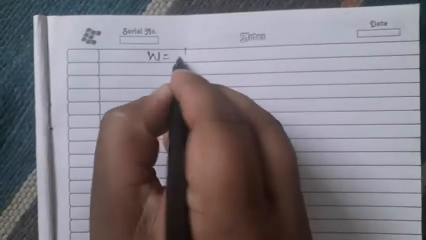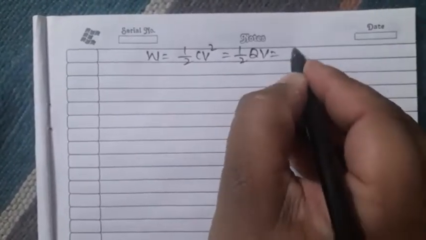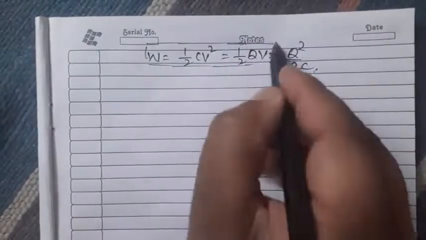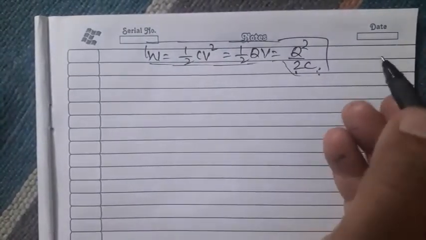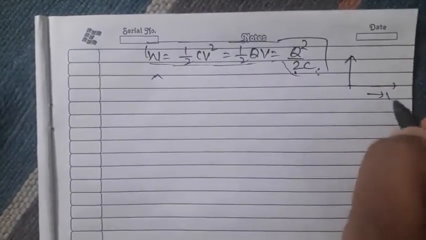So the work done is stored. The expression for the work done we calculated may be CV square, maybe 1 by 2 QV, maybe Q square by 2C, depending upon the statement or the condition. I will use these formulas. So one thing is clear, that if I plot the graph between V and Q,